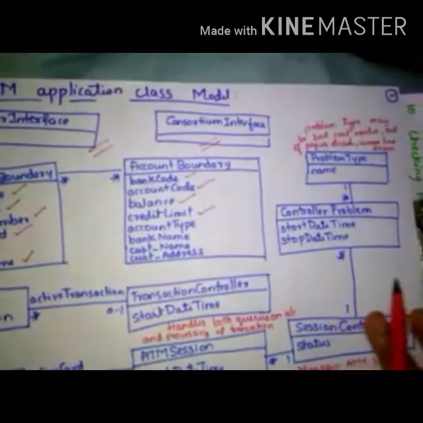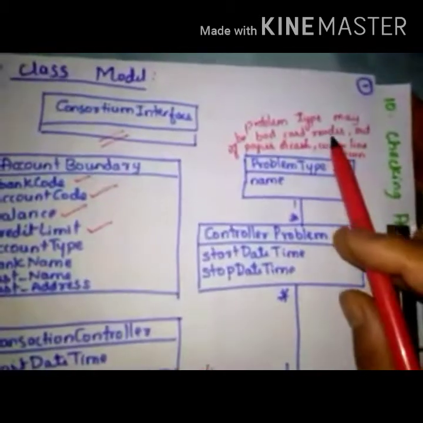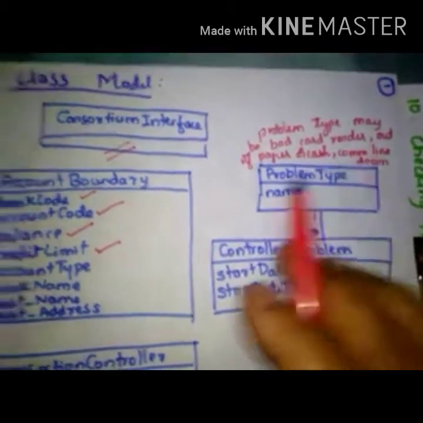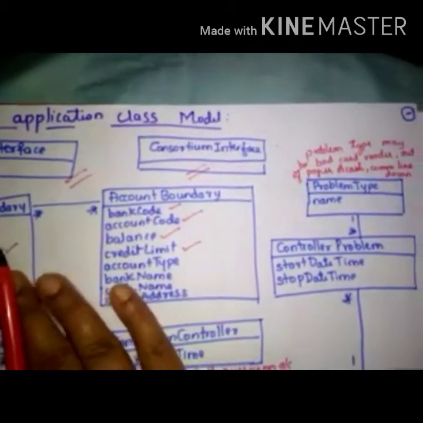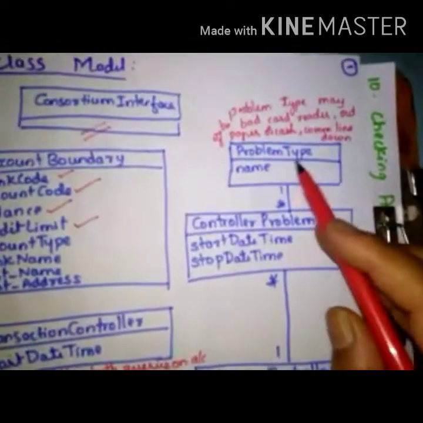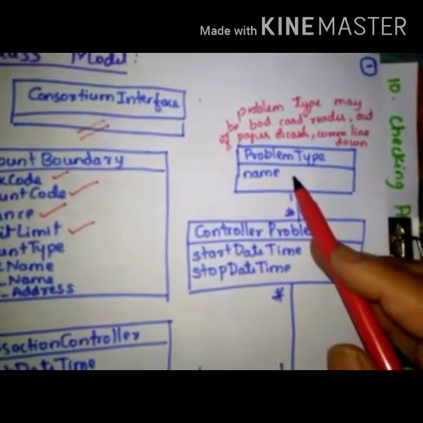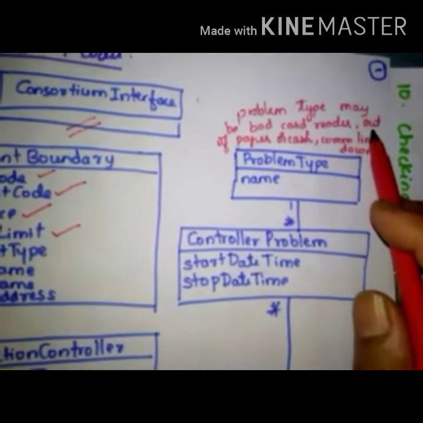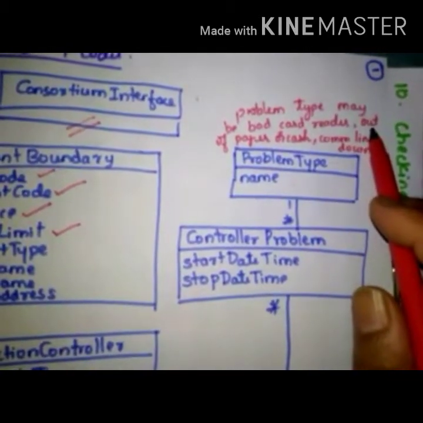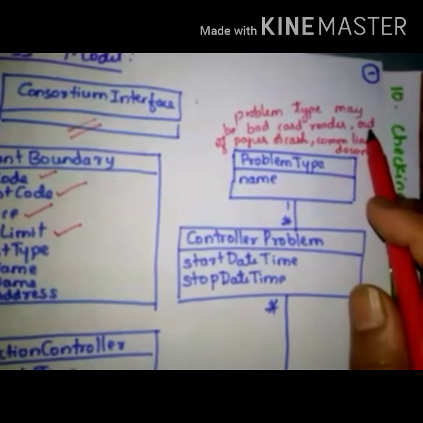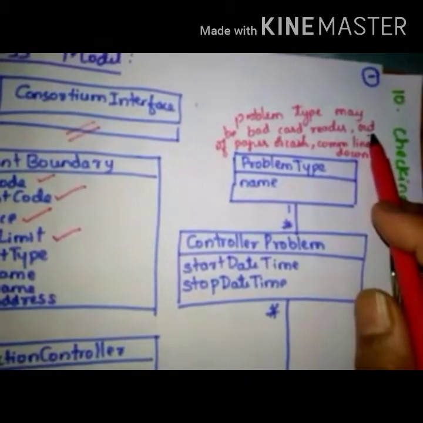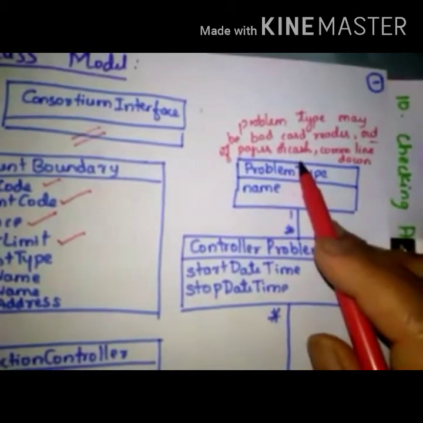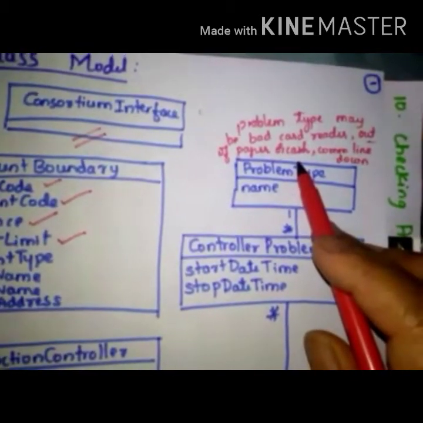Now what all things can happen, or what problems will arise, right? The problems may arise when the particular user is using the machine. He can face many problems, like a bad card reader. Otherwise, your card is okay, but the ATM is running out of paper to be printed, or cash may not be there for you to withdraw, right?